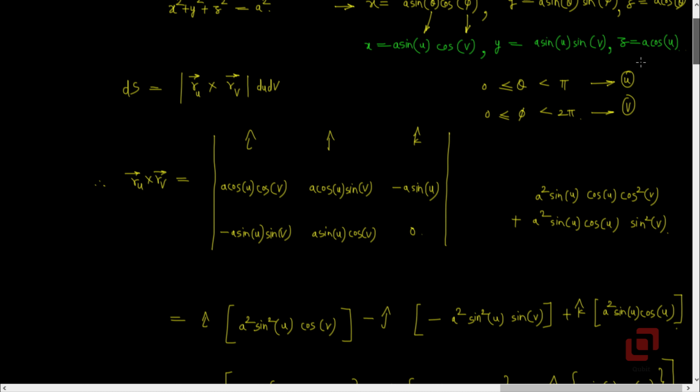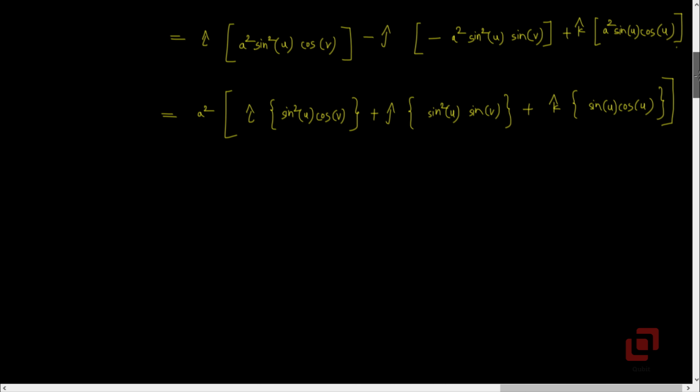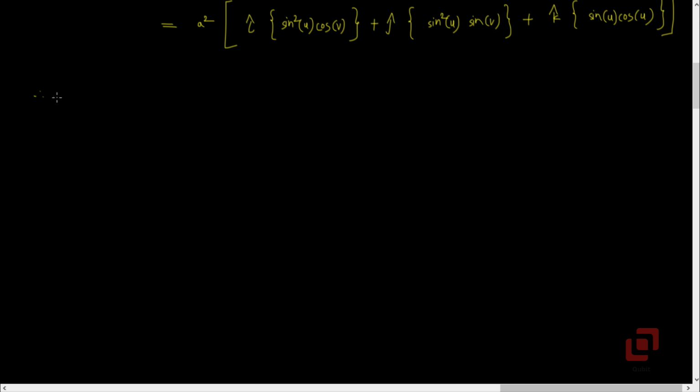Don't forget that we want the mod of this cross product, so that will be our next step. Therefore, mod of ru bar cross rv bar will be equal to a squared into mod of this vector, which will be root of